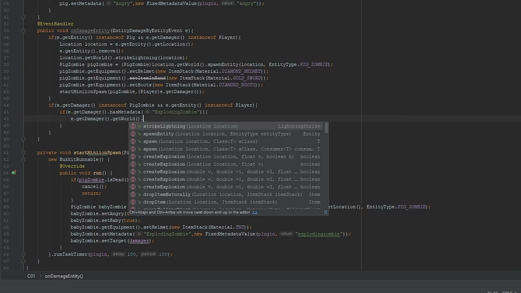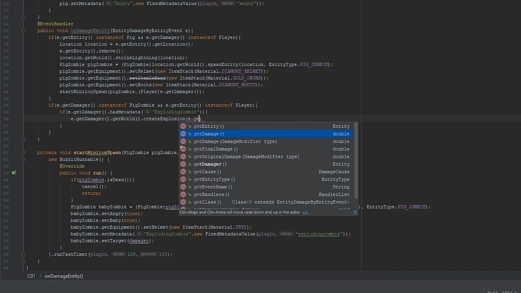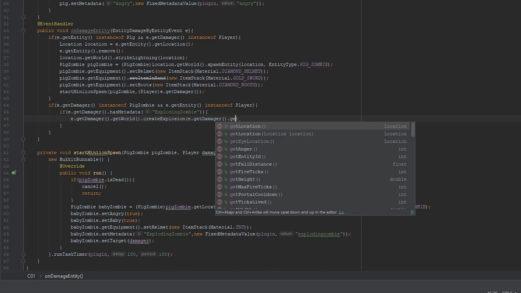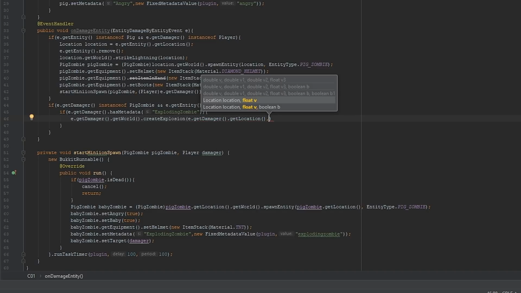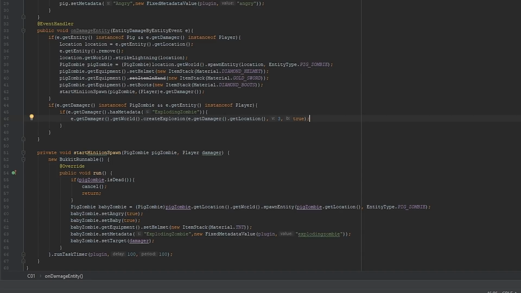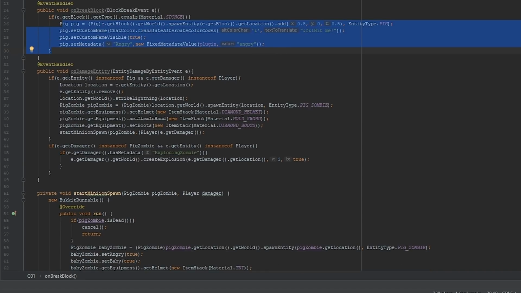Get world, create explosion, get the damager location again, and the power of the explosion will be 3. And we're going to use true so it can destroy blocks and set things on fire. So when we break a block here, and if it's a sponge, the pig will be spawned. If we damage that pig,